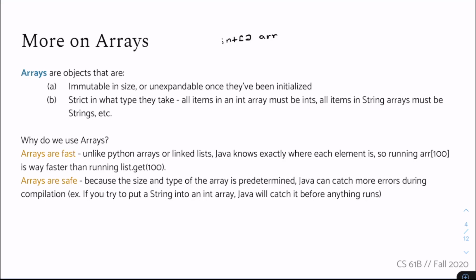So why do we use arrays? Well, first of all, arrays are fast, because unlike Python arrays or linked lists, Java knows in memory where each element is. So if you think about how a linked list might be stored, it's very modular, right? So maybe if you have your computer memory, you have like the first part of the linked list here, and then like the second part down here maybe, and it points there, the third part over there. And so your computer has to physically follow these arrows to get to that place, to find the third element